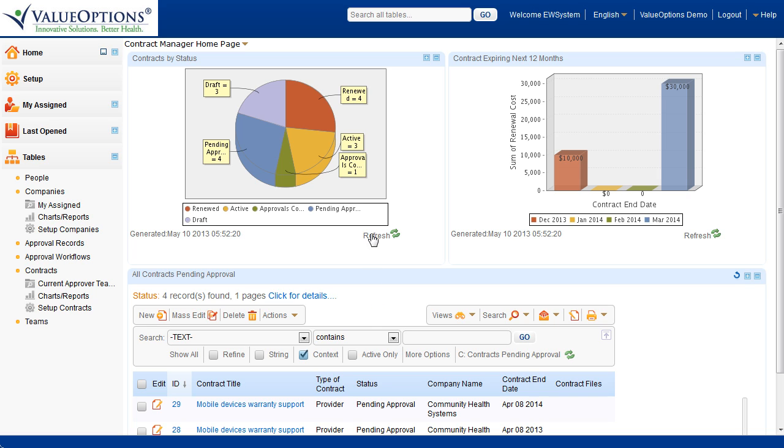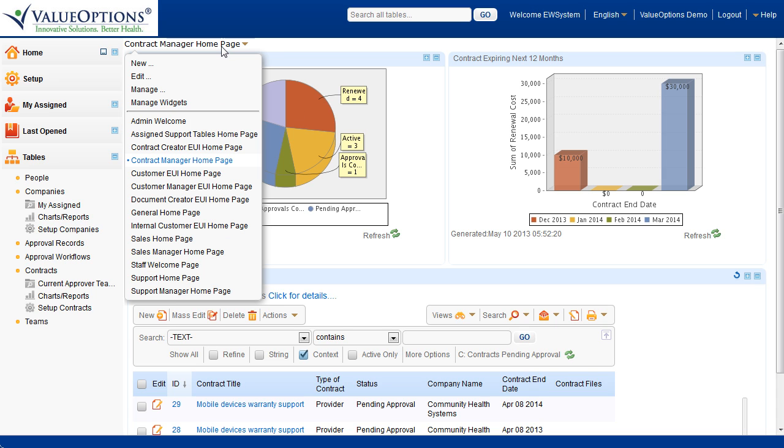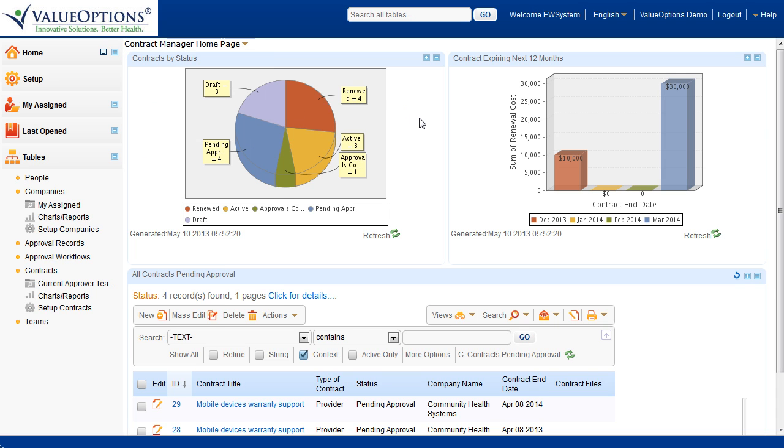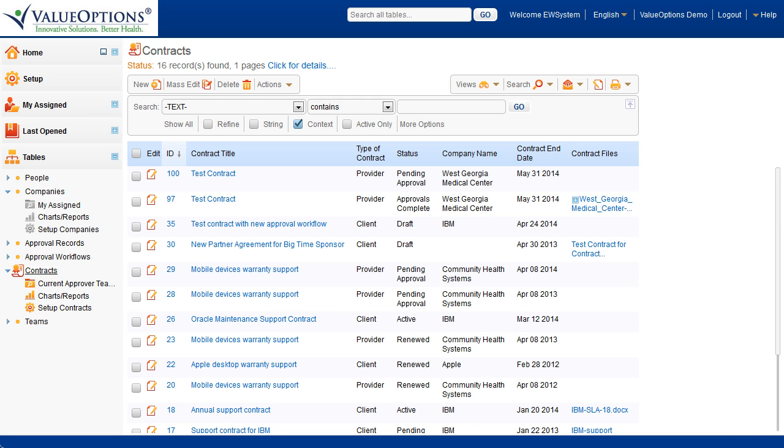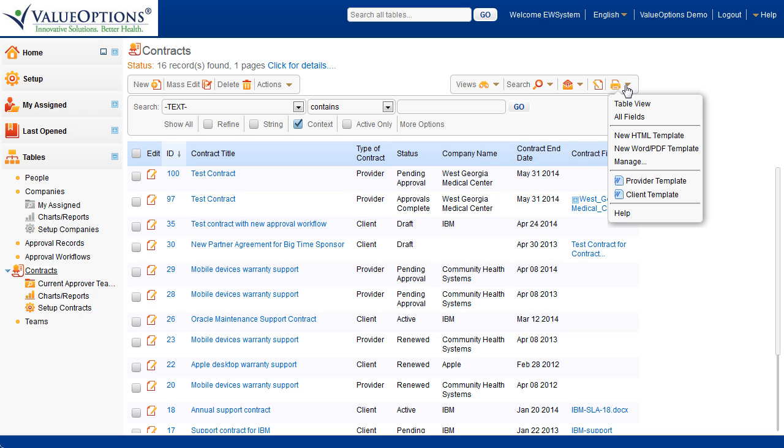This homepage can be modified for different teams, and you can see that we have multiple home pages available. Let's start by going over to our contracts table to look at the contracts that we just submitted. Prior to opening the contract, let's take a look at our contract templates. We can upload contract templates into our print templates by coming over to the printer icon and coming down to